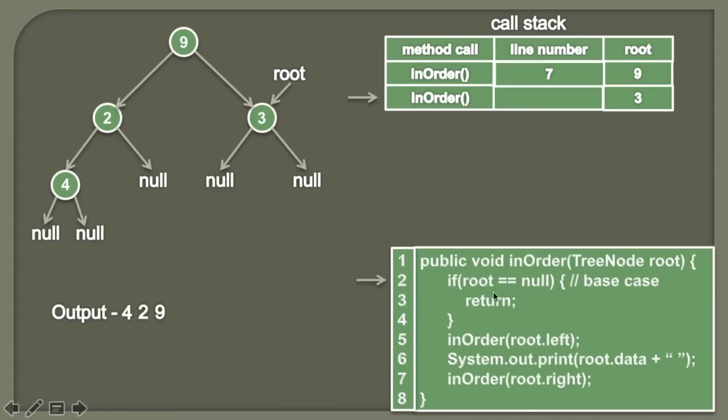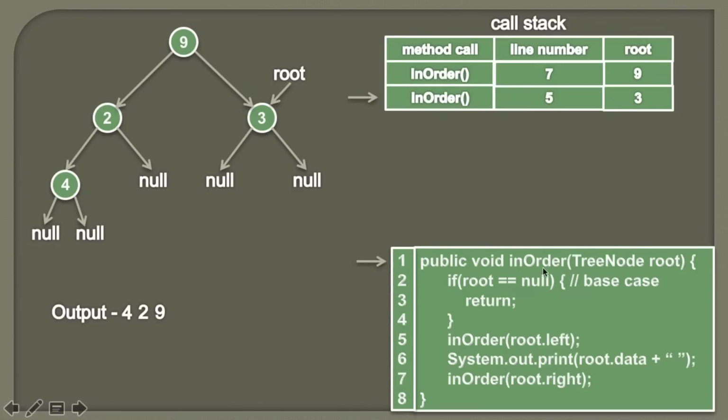So we first check whether root is equal to null or not. So currently root is pointing to 3, therefore it's not null. And then for the root 3, we apply the inOrder traversal again. We first visit its left subtree. So in order to visit its left subtree, we are calling inOrder method, and we are passing root left value to it. So here you can see root left is pointing to null. Therefore we are calling this inOrder method with the value as null. And as we are leaving this method and we are calling this new method, we will update the line number.